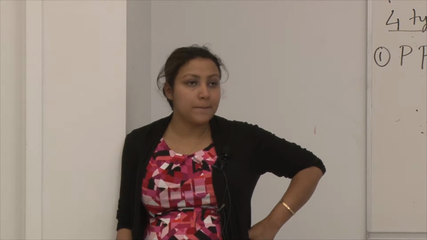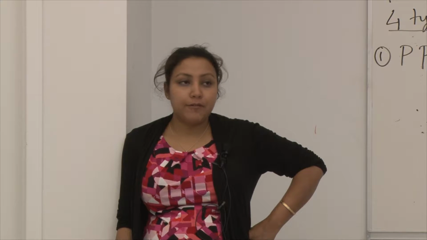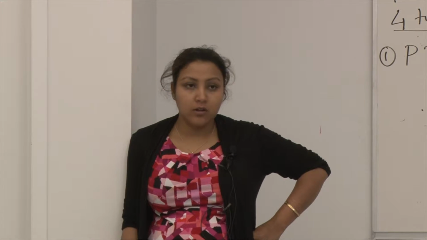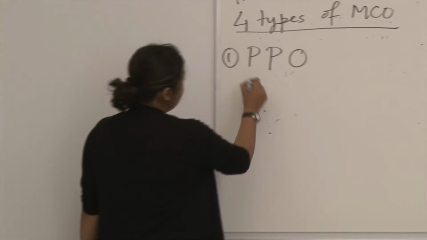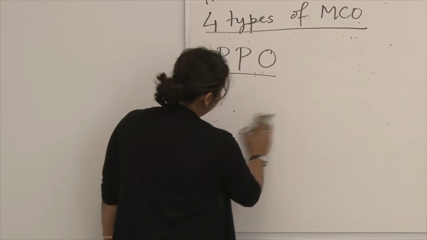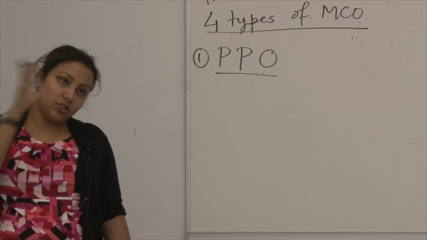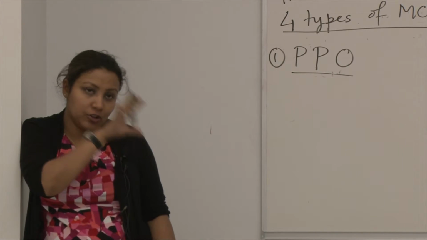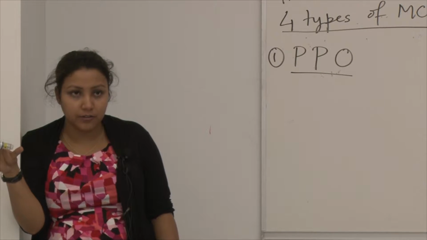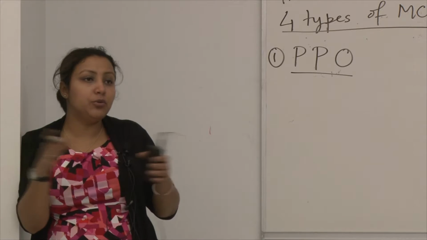The distinct feature of the PPO is that you still have the same organization, and in that organization you have a healthcare providing division and a health insurance providing division, but the relationship between them